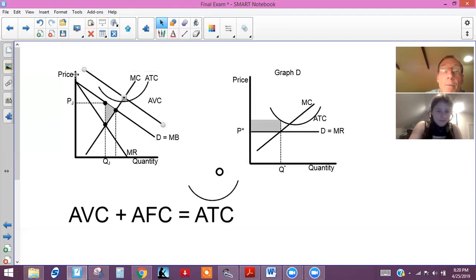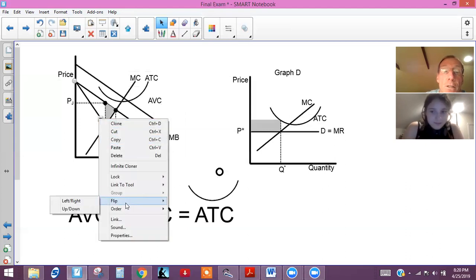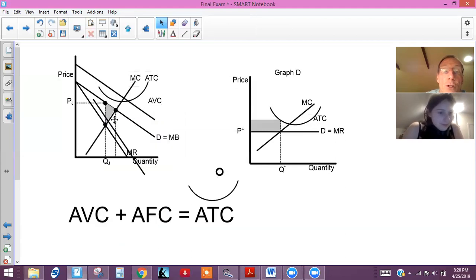Let me extend this up. It would shift, but the marginal revenue curve would shift with it, okay? That's important. So the marginal revenue curve would shift as well, okay? Now, actually that's a little bit too much. Let me put it here. Got the wrong guy. Let me put him there. Okay, so now